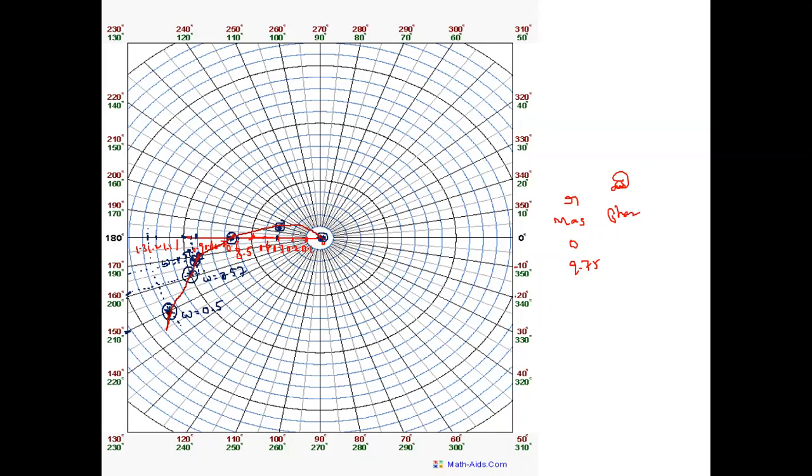And see, this is not the starting point. Omega equal to 0.5 is not the start; before this we have the point omega equal to 0, where the magnitude is infinity. So I will show this as an extension. It will start somewhere like that. This is omega equal to infinity and this is omega equal to 0; it's reaching infinity.